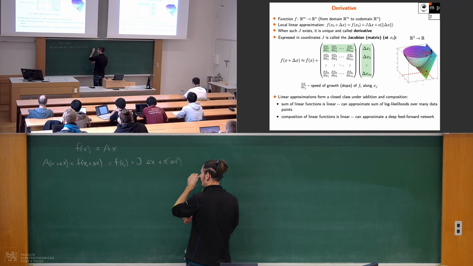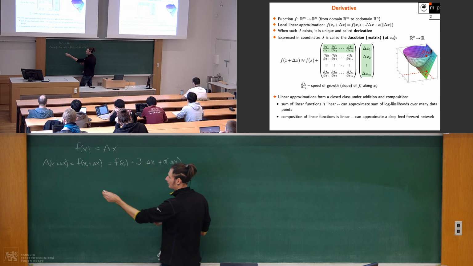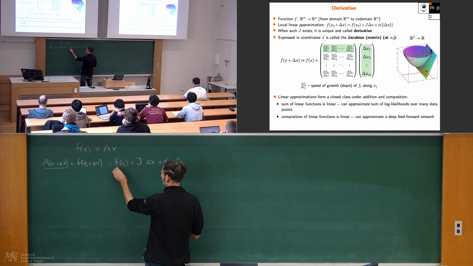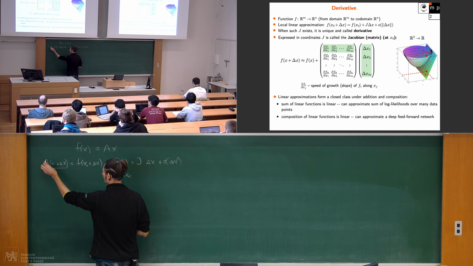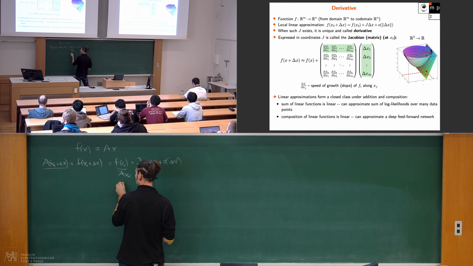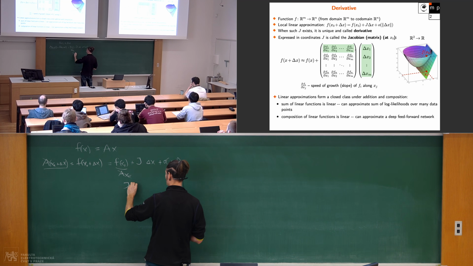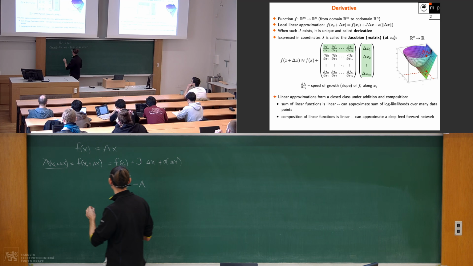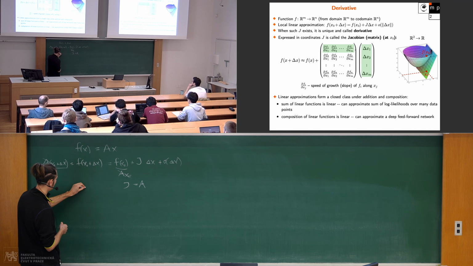And automatically from the linearity, something cancels. So this is a x0, right? So this cancels with this. And from this we conclude that j must equal a, right? And then that's our best linear approximation